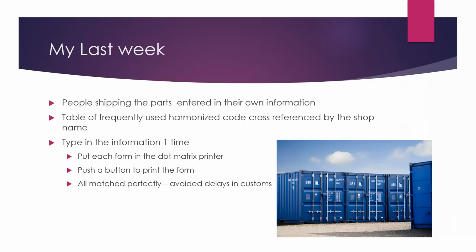I still would have needed to look up the harmonized code, but in the database I had a table of the 400 or so codes that we used regularly, cross-referenced by what the guys on the shop floor called the parts, so looking them up got much simpler, and I only had to classify a new part maybe once or twice a month by the time that I left, because we were shipping the same thing over and over again.